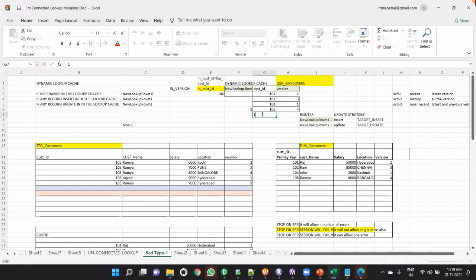No. No. Insert in the lookup cache first. Then